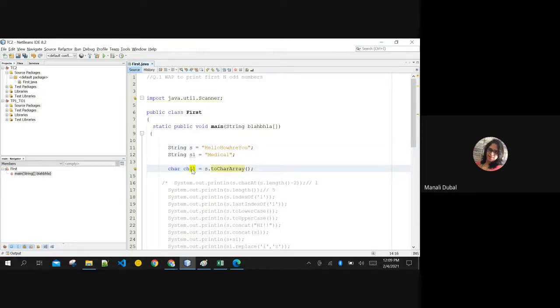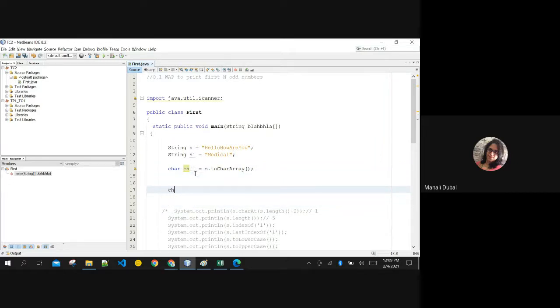If it's a character array, then you can do encryption over here. Why? Because in the backend it is stored as single characters like this. This is actually stored as H, then E. It is converting the complete string into a character array. You have the greatest power here. You can manipulate this array and do anything that you want, then club it again and create a string.